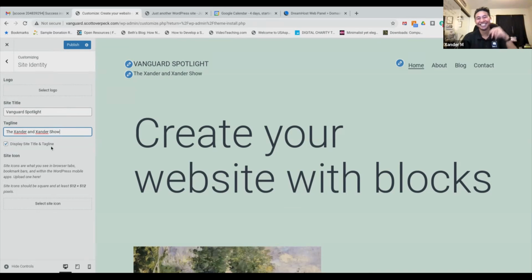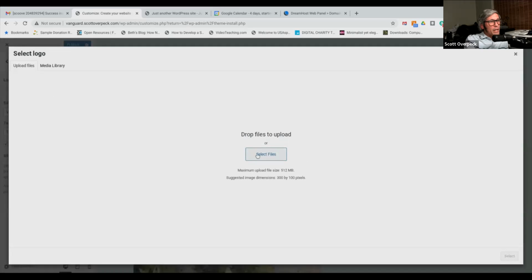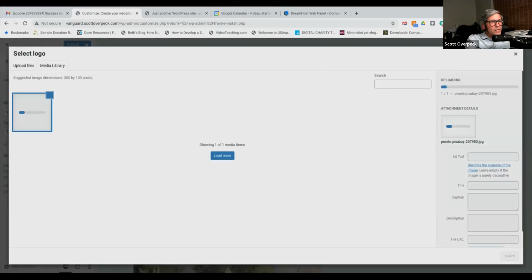So beyond that, we can choose a logo. Sadly, I did not have time to create one. I actually thought of creating a fun logo to put up, but I did not. I'll see what I have lying around here in my recent downloads to see if there's anything that might work. Okay. Let's see here. Just so you can see what happens when you select. There we go. That'll make for a fun